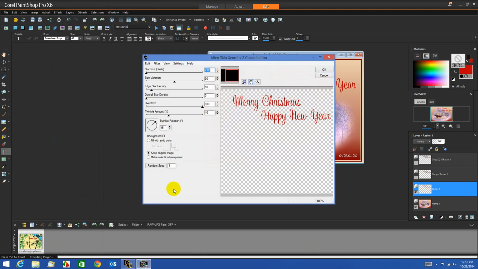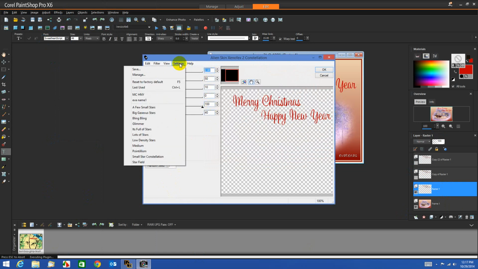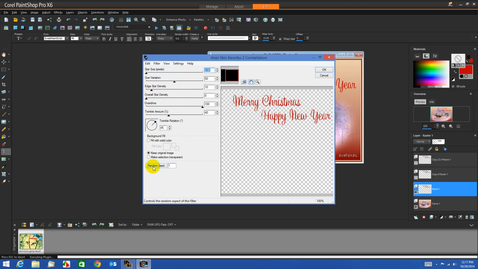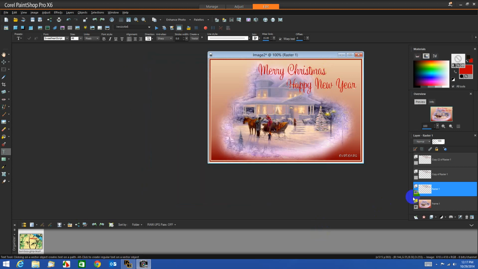Constellation, and when it pops up, I have already made my changes to my settings, but I'll show you that. I chose a few stars and I have named it MCHNY so it would remind me of what I used on this text, and you can save it. And now we will click on OK, and I'll close that layer and open this one, highlight it, and go